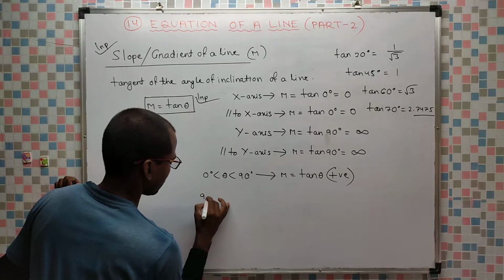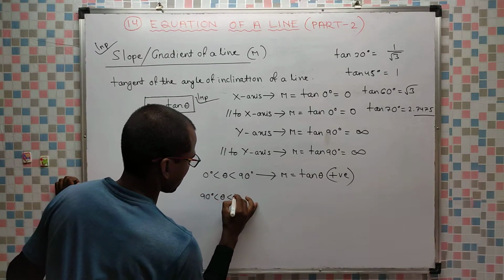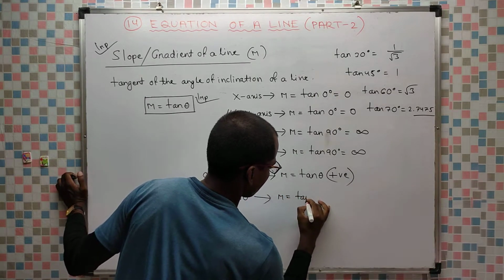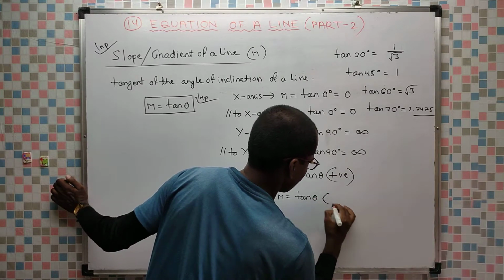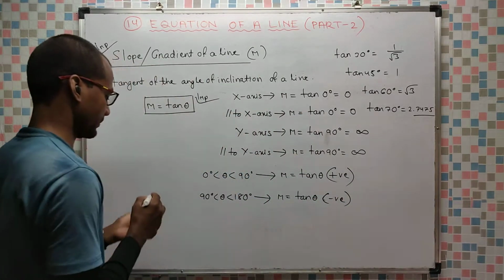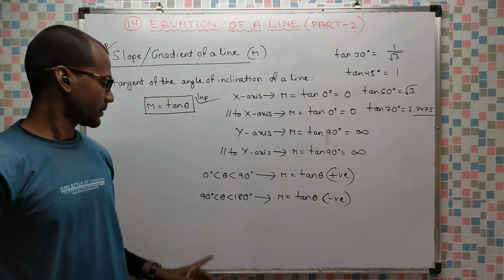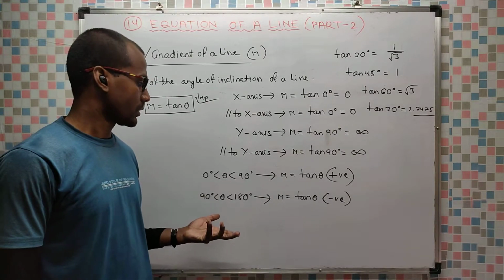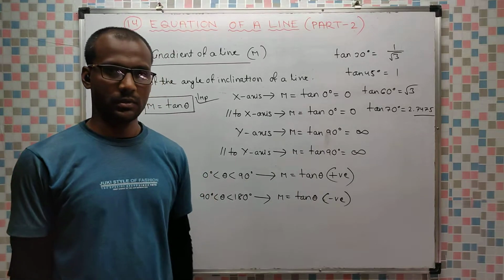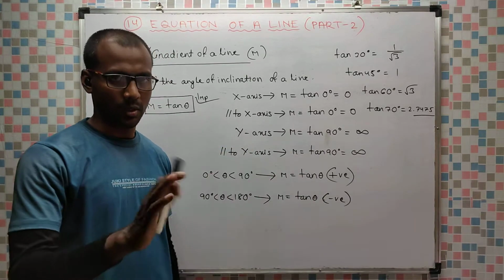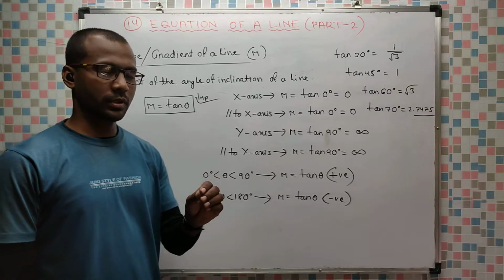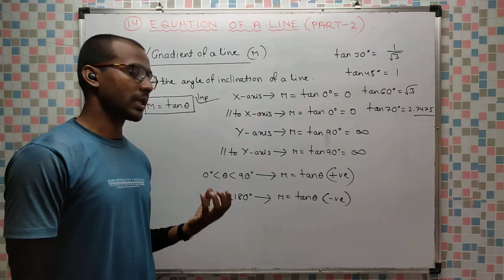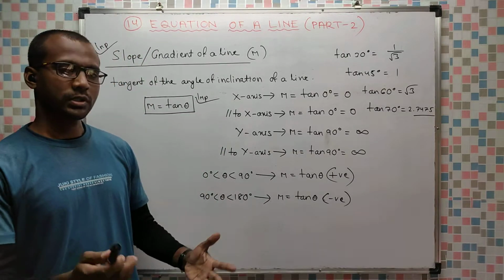Next, if theta is in between 90 and 180, m will be tan theta, which will always be negative. Now in your book, more than 90 degree is not given. So how to know whether tan theta will be positive or negative if theta is above 90 degree and below 180 degree? From 0 to 90, we can check from the book. It is positive always. But what about the angles in between 90 and 180? Positive or negative, we don't know.